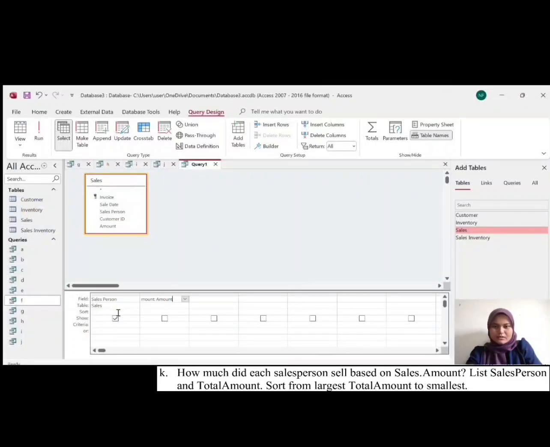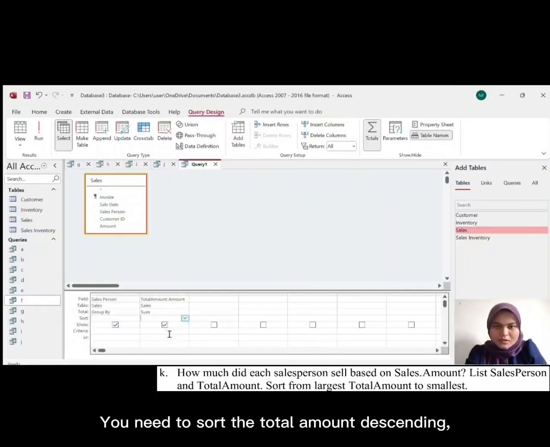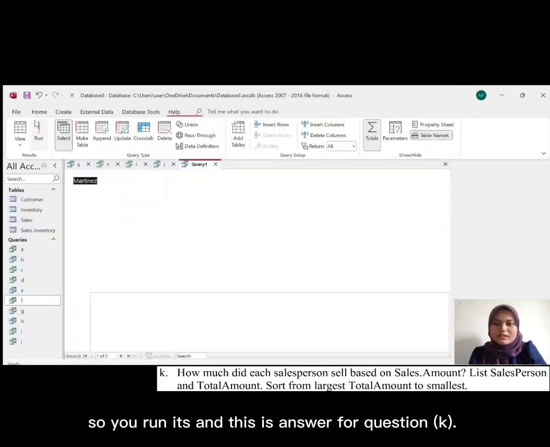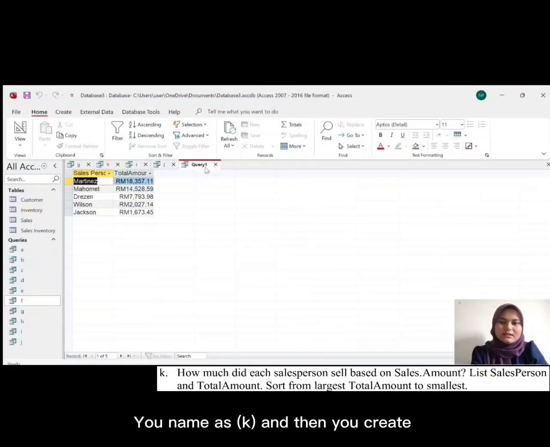Okay, you need to total, and then under the total amount you need to choose sum. You need to sort the total amount descending. So you run this, and this is the answer for question K. Okay, Martina, Mohammed, Drazen, Wilson, and Jason. So you name it as K.